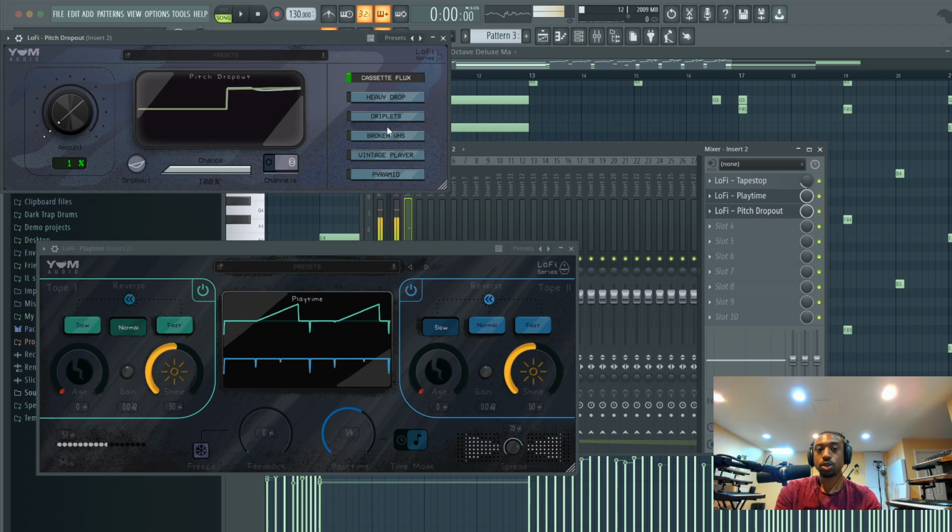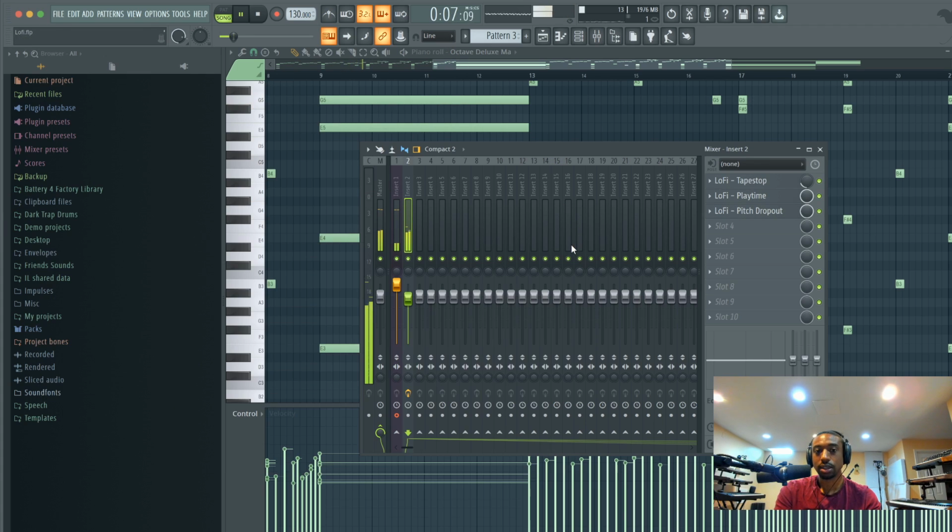And then we're going to add the pitch dropout to add more randomness. So my amount is set so low, it's set to 1%, and then I have it set on stereo mode, and the chance is at 100, so it's just random. And now we have a fully moving melody. And if any effect becomes too much, you can always pull the mix level down.